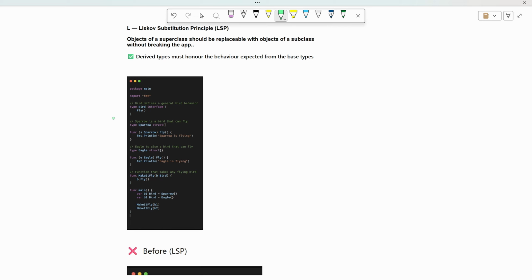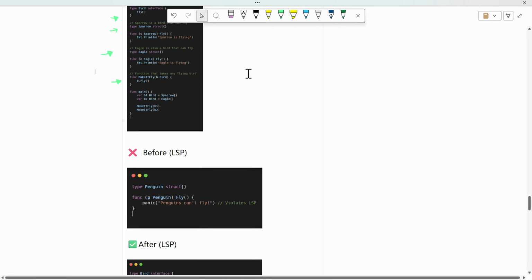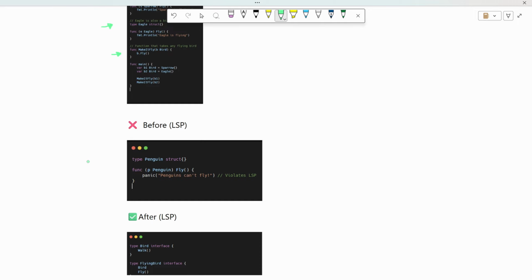Over here we have an interface of bird where we say fly, and we have a function where we make those birds fly, implemented according to the bird. We created a sparrow struct and implemented the fly method. We created an eagle struct and implemented the fly method, and we pass it to the function make it fly. But when we implement it for a penguin, which is also a bird,